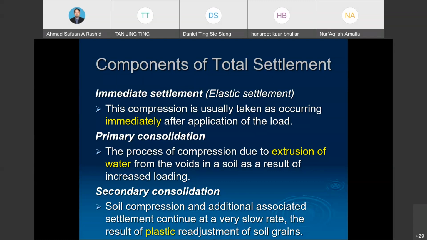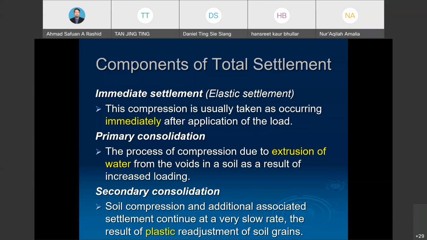So we may use an equation to calculate for the immediate settlement. However, immediate settlement is not very significant to the clay. However, it's very significant to the sand materials. So then it may continue with the primary consolidations. So normally, with a high groundwater level, the material of the clay, we can consider 100%